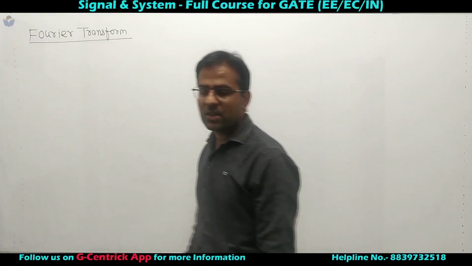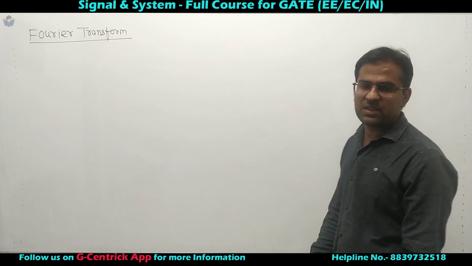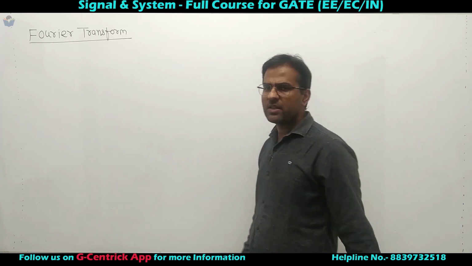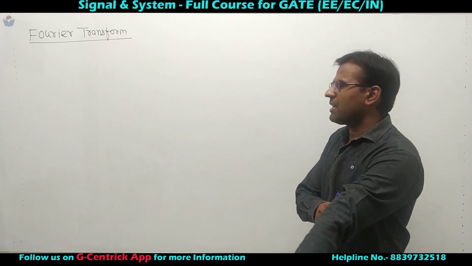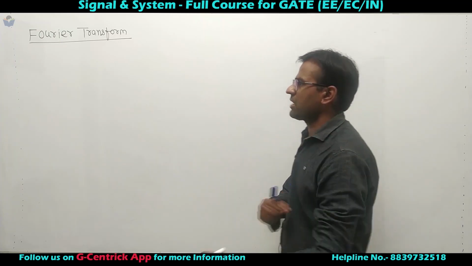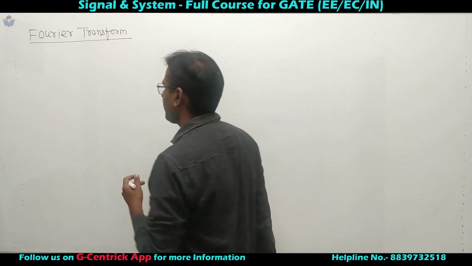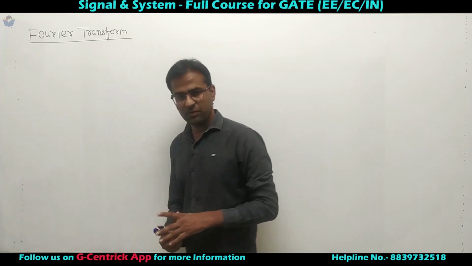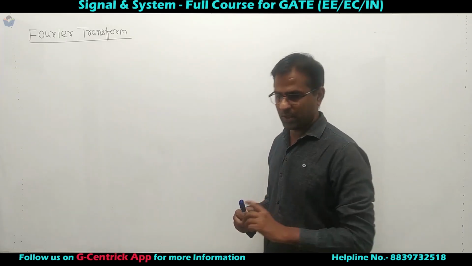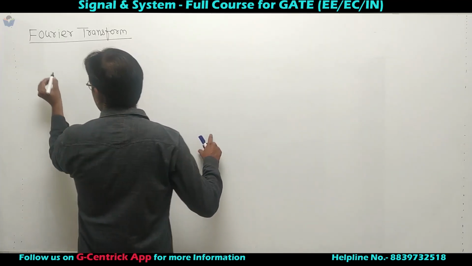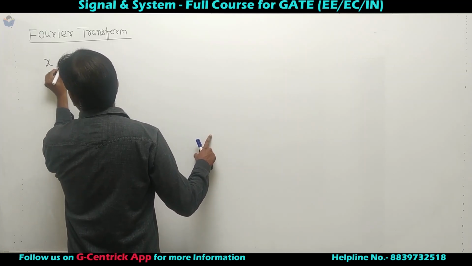तो हमने दो बेसिक फंक्शन का फूरियर ट्रांसफॉर्म देखा. The first one is impulse and the second one is e to the power minus at into ut, the exponential function. Let's calculate some more Fourier transforms to get an idea of what the Fourier transform is, and it is very important to draw the spectrum of the Fourier transform.